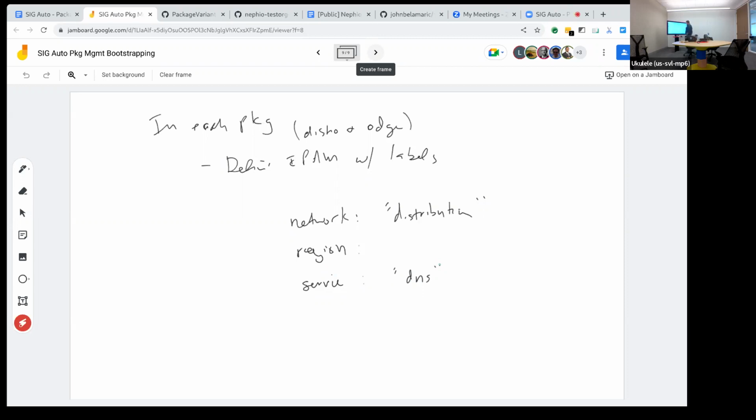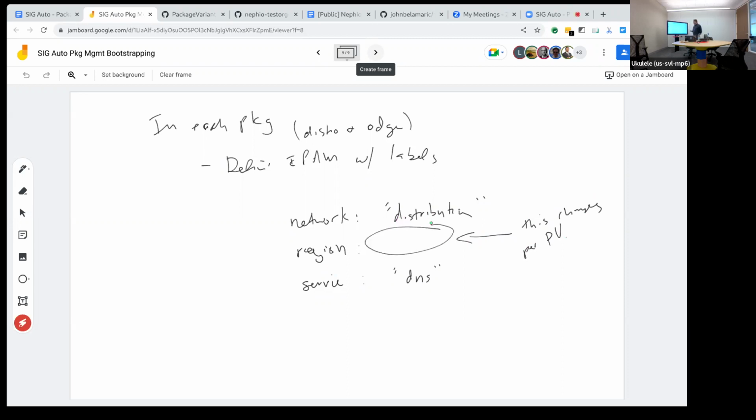So what happens is this changes per package variant, the region, whereas the others stay the same.